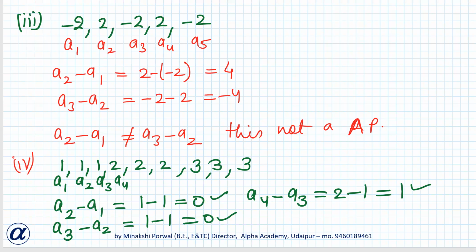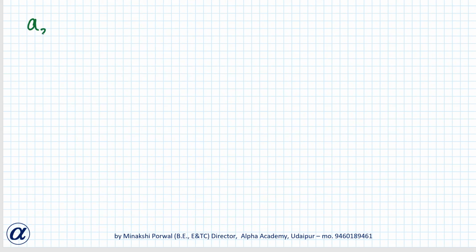So we can write as A. Ma'am, there are so many digits also, 2, 2, 2, 3, 3 in those. Once it is concluded that it is not an AP, we do not have to check everything; if it is an AP, then we have to check everything. A2 minus A1 is not equal to A4 minus A3, so it is not an AP.